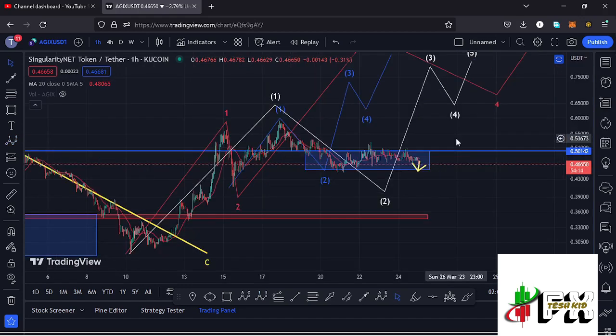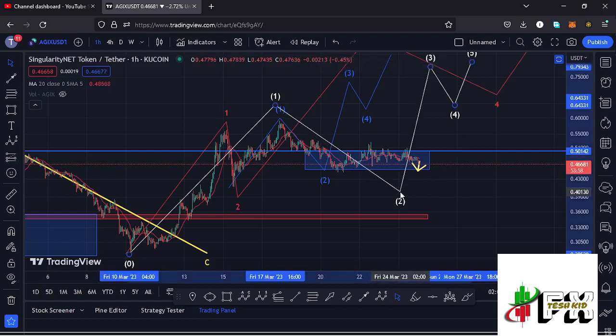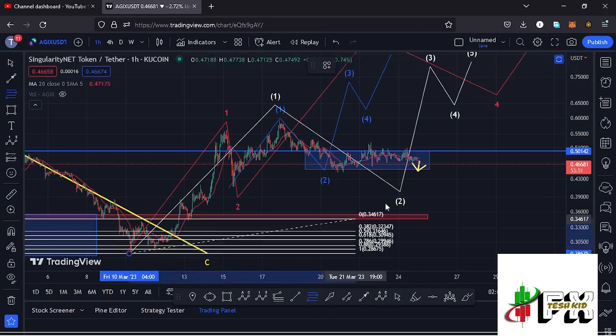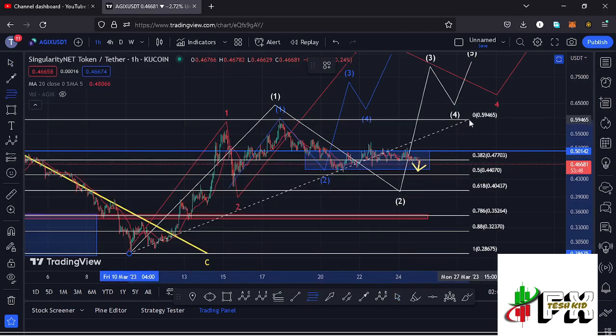And the difference between the two possible scenarios is the target areas that we need to continue holding within on the Fibonaccis for us to start our massive run up to the upper side in the formation of that wave 3. So in case we lose this blue target area, then we need to watch a new target area that I'll be giving you in this video by connecting the Fibonaccis from the low that we made at around the $0.287343 mark to the high that we made at around the $0.59465 mark, and that now gives me a new target area in the formation of that wave 2 between the